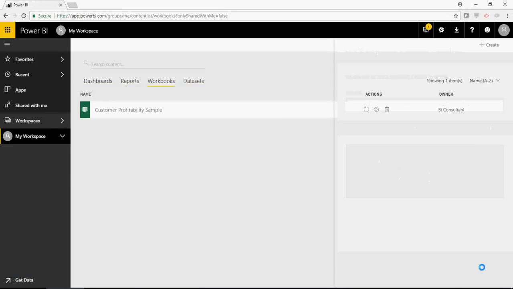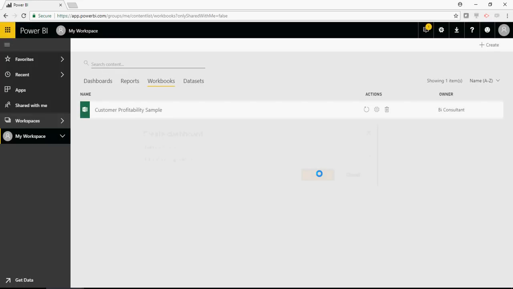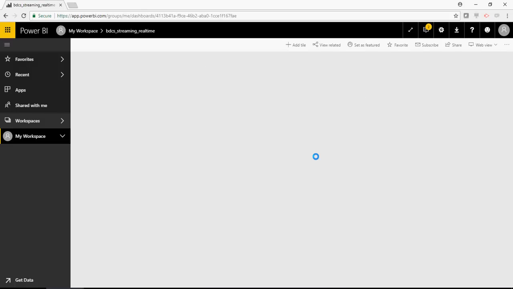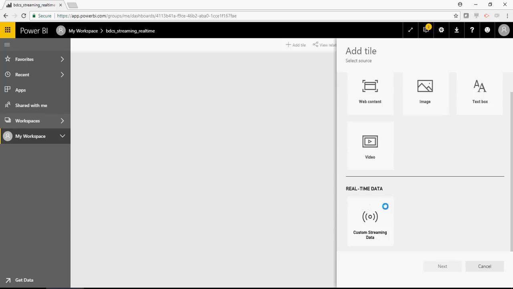So click on done here and say create dashboard. Give a name of dashboard. You would say BDCS streaming real-time dashboard. The dashboard name could have been even better, but let's start with this and click on create. Once you have this, click on add tile and select the real-time data, custom streaming data,